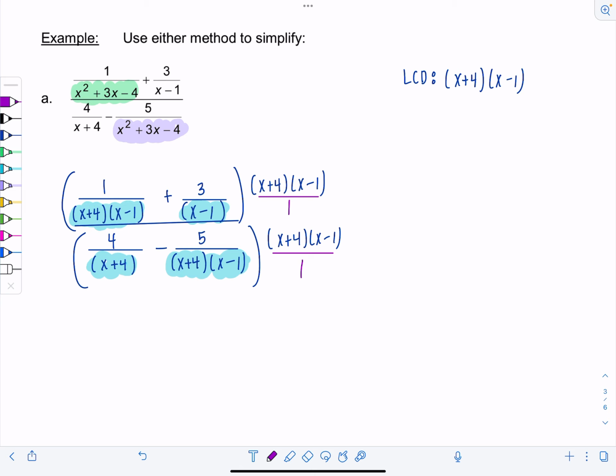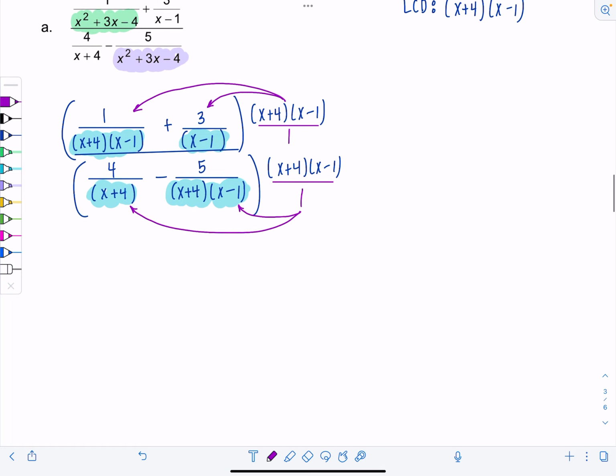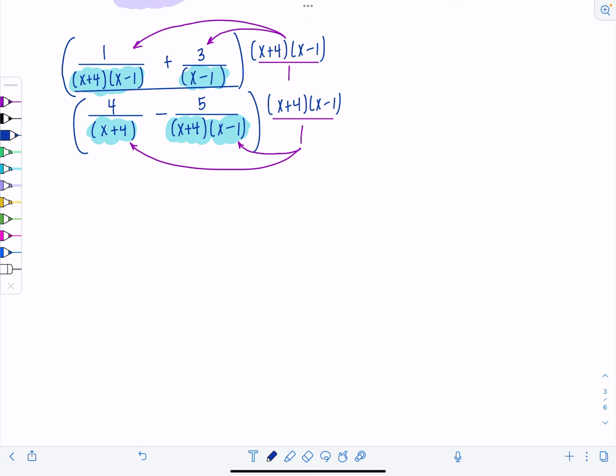Now, at this step, remember, you're going to have to distribute as you multiply out the LCD to the numerator and denominator. When you get more comfortable, you could probably distribute and cancel in your head. I'm assuming you're not there yet, so I'm going to write the LCD next to each of the terms and go through this step by step with you, okay? So we have 1 over (x plus 4)(x minus 1), and then that's going to get multiplied by (x plus 4)(x minus 1),